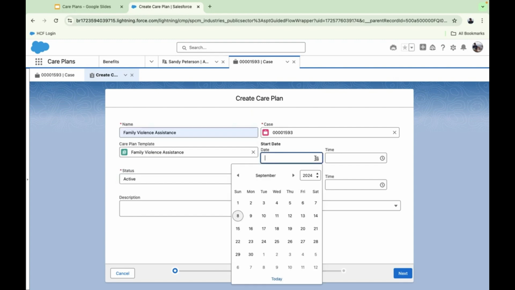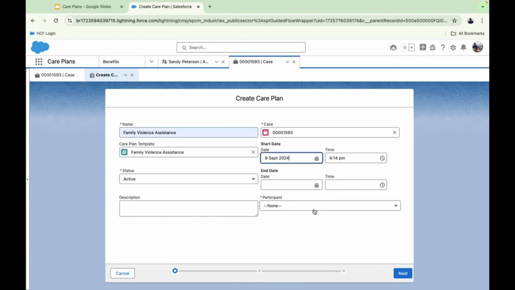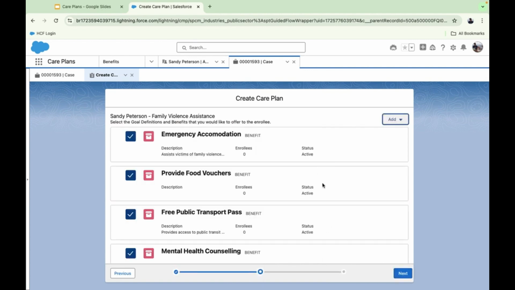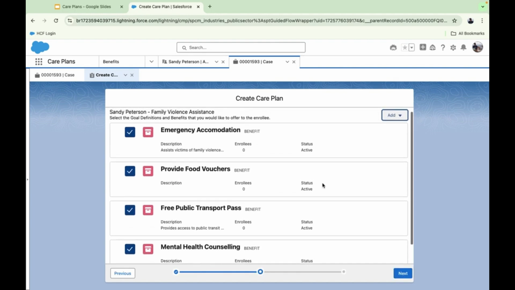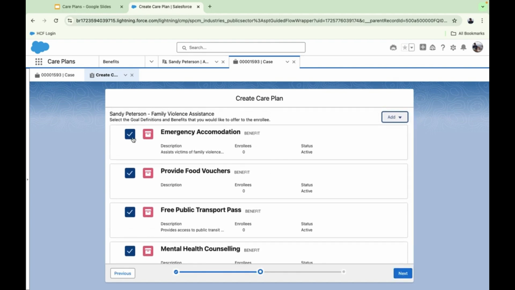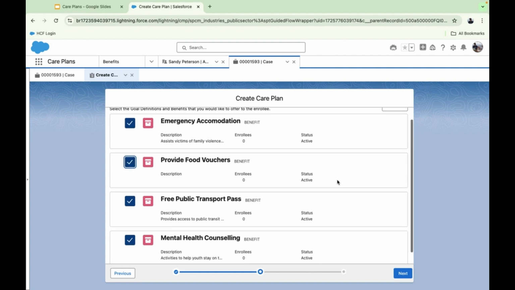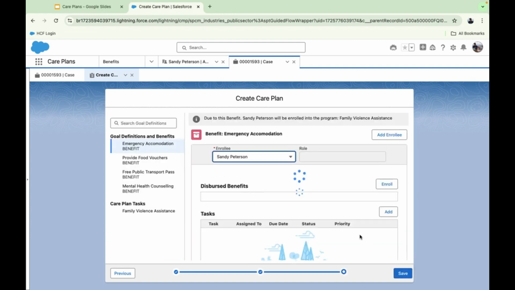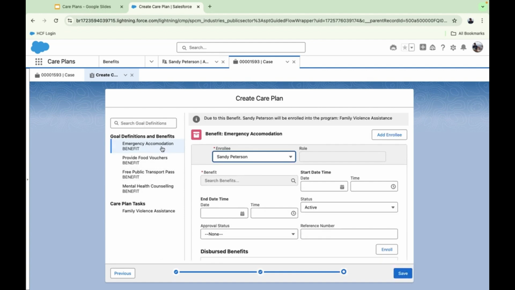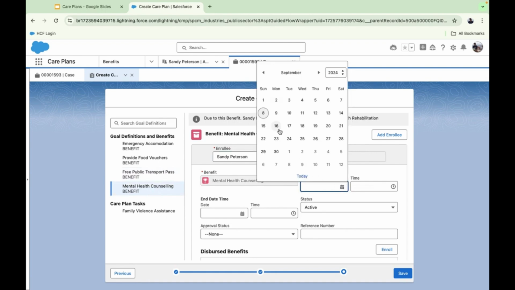We're going to say that it's active and that the start date for this plan is the 9th of September. And we can also say who's involved. In this case, it's just Sandy. This is a list of the standard template services that are provided, and you can add or subtract to these services as needed. But let's just leave the standard ones there for the moment. We can, for each of those services or benefits, say when do they start, is there limits, any of that sort of thing. So again, we can start these services at various times, go through approval processes, or manage the